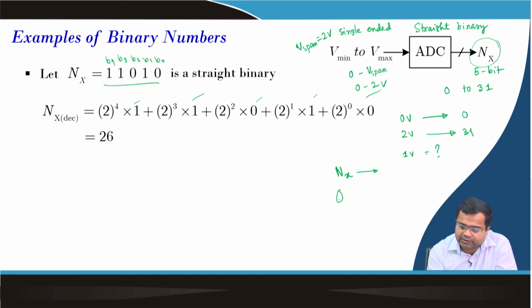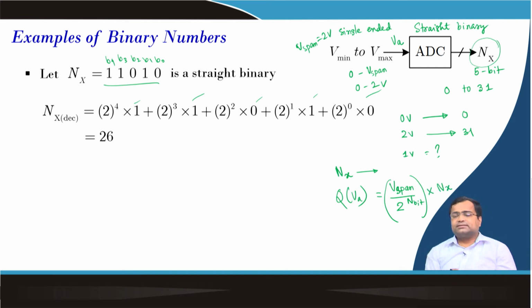So, if this is your V A, then the quantized V A, what will that be? It depends on the span of the ADC. This is the span divided by 2 to the power of the number of ADC bits, this whole factor multiplied by your Nx. That means, if Nx is 0,